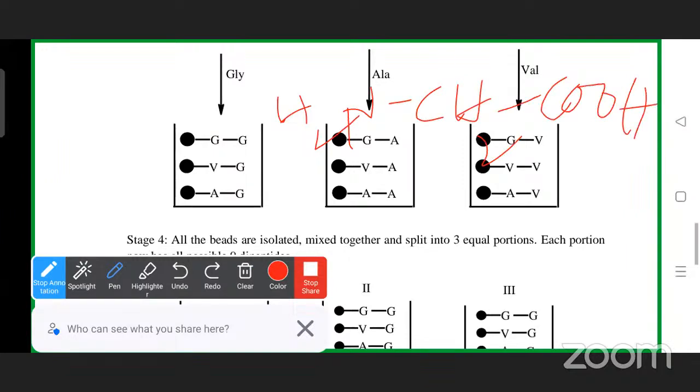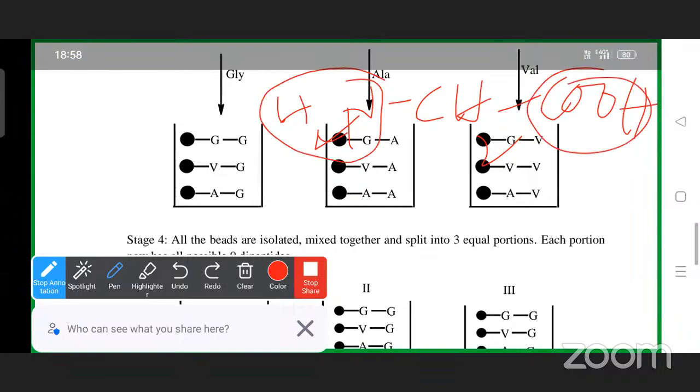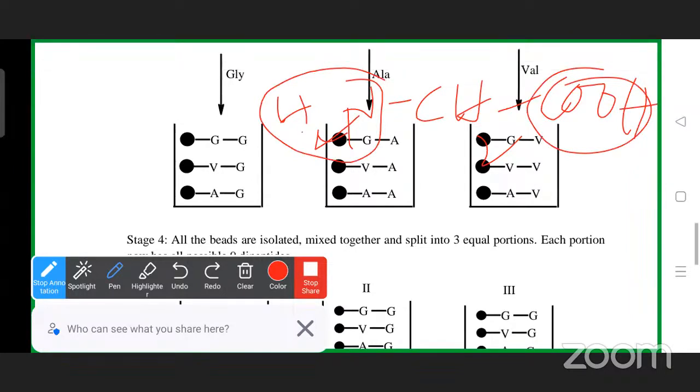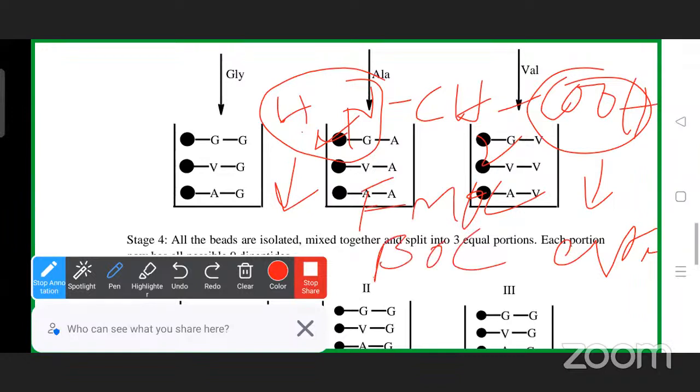Okay, so you have to protect this particular group, right? You have to protect one functional group, either the acid or the amino group. For example, if you are going to protect the acid group, you convert this acid into an ester, for example. And if you are going to protect the amino group, you treat it with amino group protecting groups like FMOC,